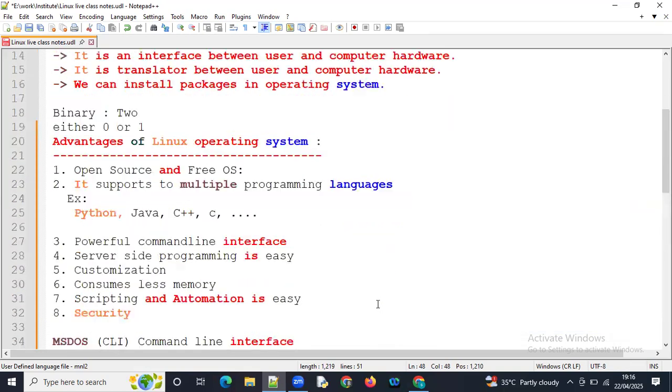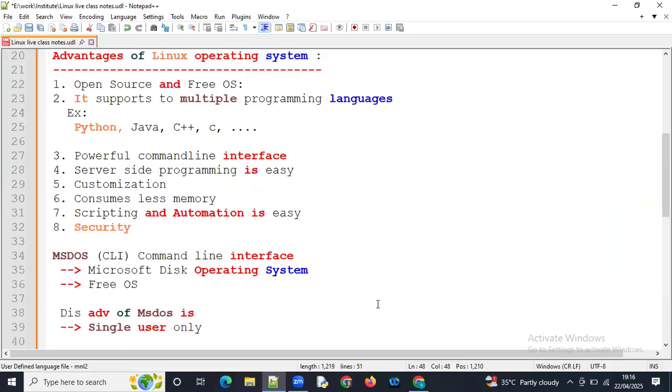Before closing this class, let's have an overview of what we have discussed. First of all, we started with the advantages of Linux operating system. It is an open source and free OS. It supports multiple programming languages like Python, Java, C++, and some more. And it is used as a command line interface. I will explain about this point in our upcoming sessions.